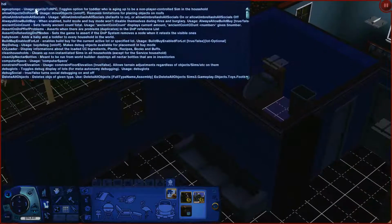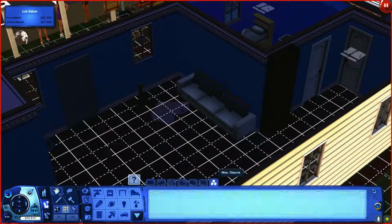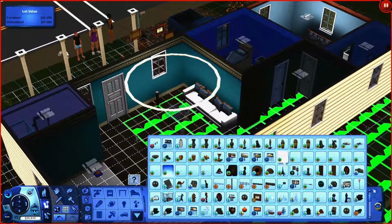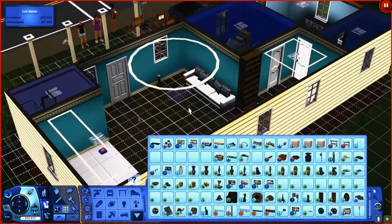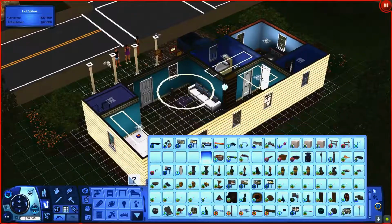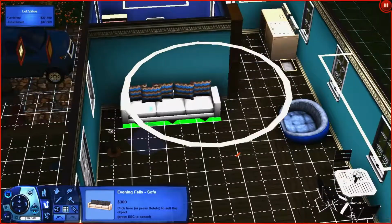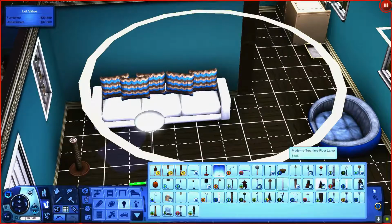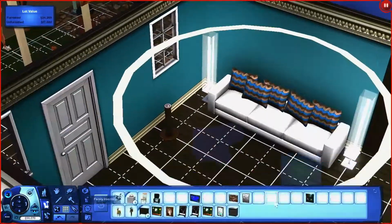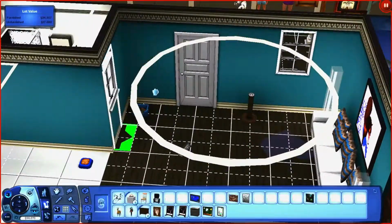No, well, that is part of the answer. The other reason is because of the fact that I am bored with this house. No joke, I am so bored with this house and how it looks that I could just scream. I get bored very easily with things if there isn't a lot of change. And it's funny because I'm not really a person that likes change, but as far as decorating goes and my Sims go, I